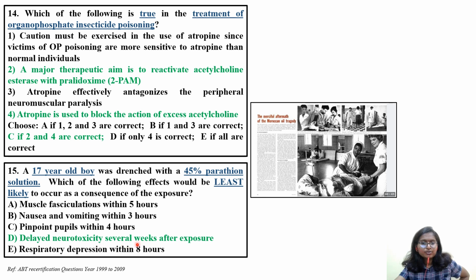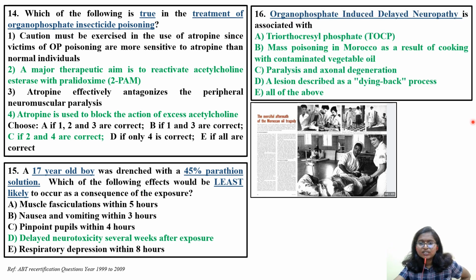So delayed neurotoxicity and several weeks of exposure. The main concept you have to remember is that organophosphate insecticides cause acute toxicity within less exposure, like within 5 hours, 3 hours, 4 hours, 8 hours. After weeks of exposure, several weeks, this is not applicable to this particular thing. Okay, then next we have to see question number 16, last question in this video,